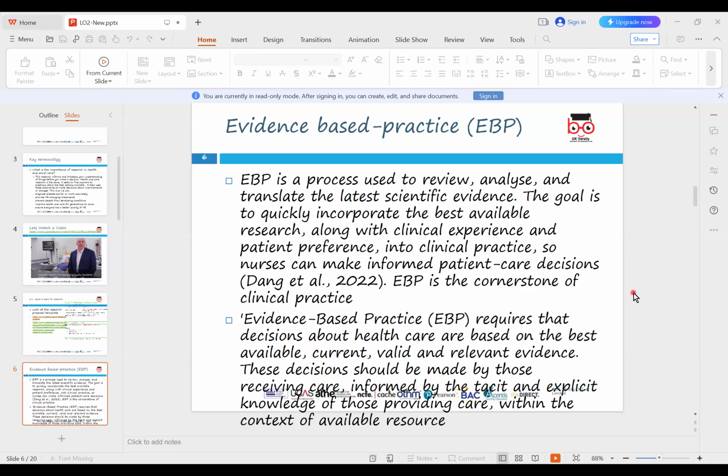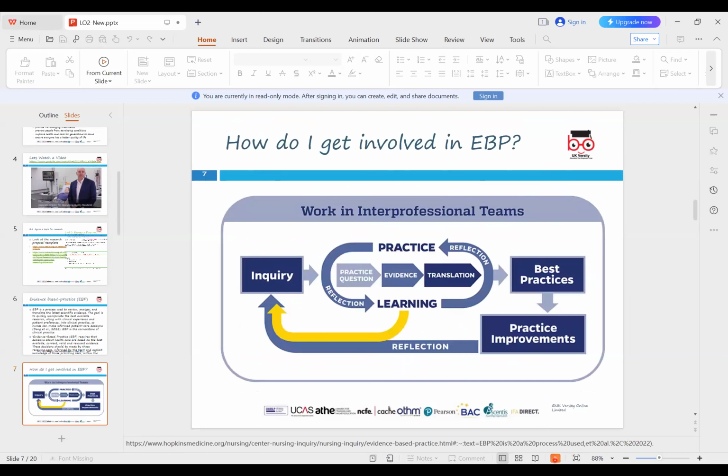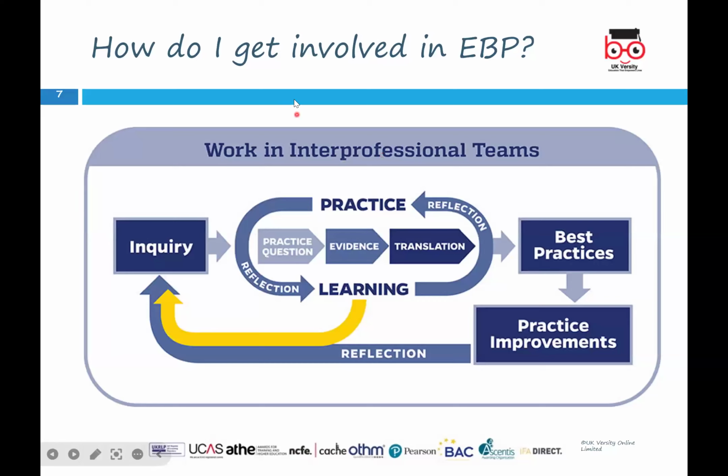So it requires that decisions about healthcare are based on the best available practice that is current, that is valid, that is relevant. These decisions would be made by those receiving care, informed by the tacit and explicit knowledge of those providing care within the context of available resources. Okay, so what is evidence-based practice? How would you be involved in it? So if you're working in an interprofessional team,